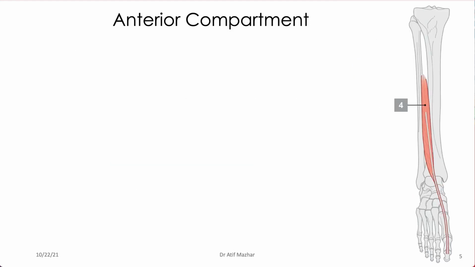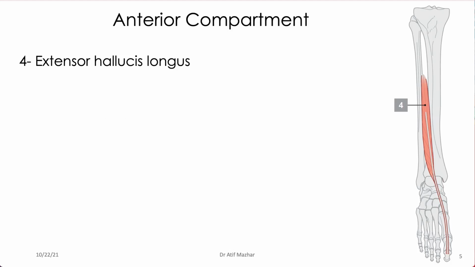Going further, there's another muscle which you can see coming from the interosseous membrane, partially from the fibula, and then it's going towards the base of the distal phalanx of my big toe. Look, the comparison is this muscle is extensor hallucis longus. In the upper limb, we use the term pollicis, and here we use hallucis to distinguish between the two different parts of the body.